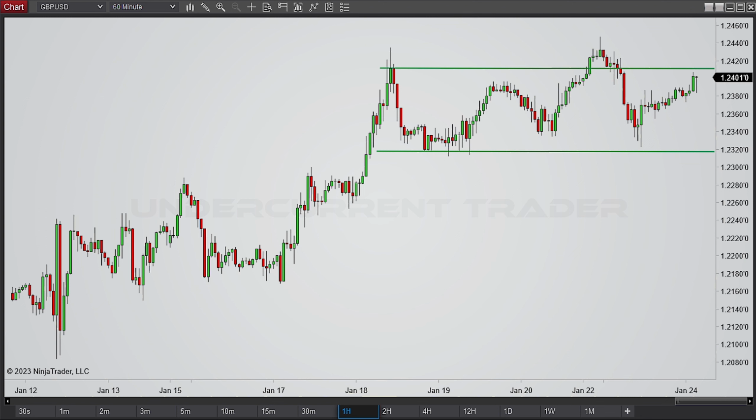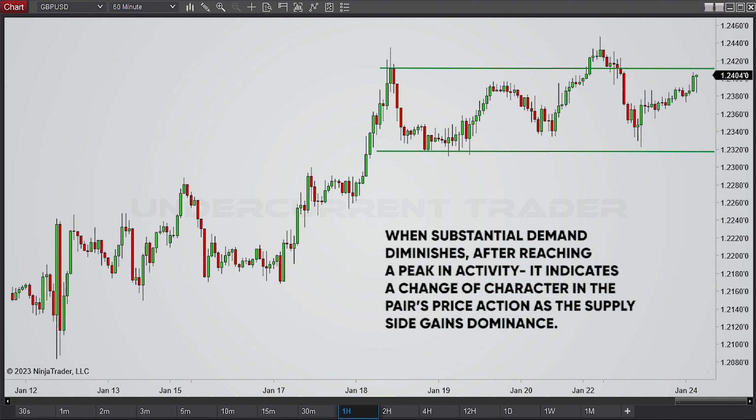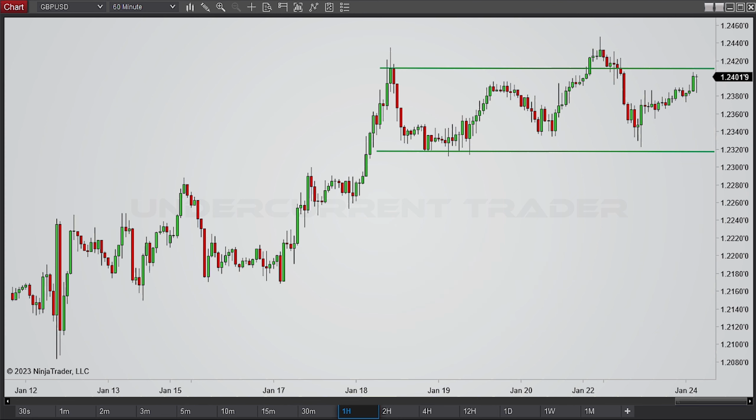And this is due to the fact that when substantial demand diminishes after reaching a peak in activity, it indicates a change of character in the pair's price action as the supply side gains dominance. Certainly, the inability of the price to move higher here suggests that we may be in for a potential shift in trend. However, I think that we need further evidence at this point before concluding which direction the pair will